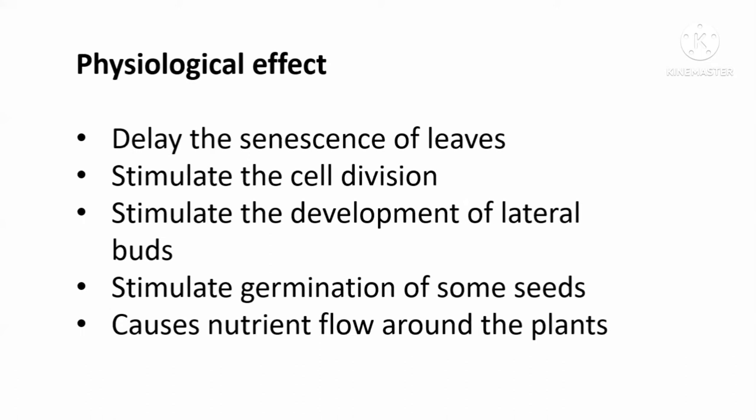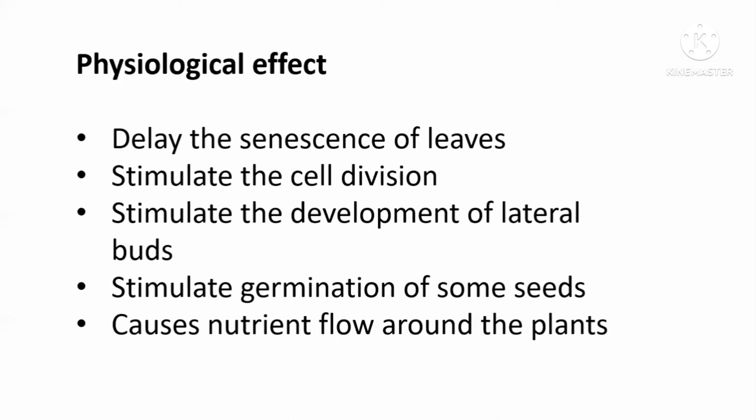So what happens when the roots are formed? The roots are the major sites of synthesizing cytokinin. So now the leaf contains these roots, and the roots produce cytokinin. Because of this cytokinin, the shoot system will be promoted and developed. So that is why it does not senesce. Actually, it delays the senescence.